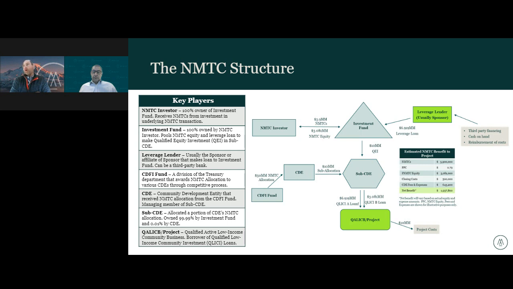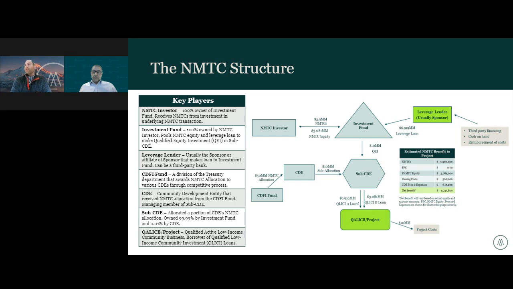And that small box there shows the estimated net benefit. You've got $3 million of equity that came into the structure from the investor. You've got closing costs and CDE fees and expenses. As I said, these are expensive, and my diagram doesn't show these costs necessarily. But you do have those closing costs that whittle down your original $3 million of equity to about $1.9 million